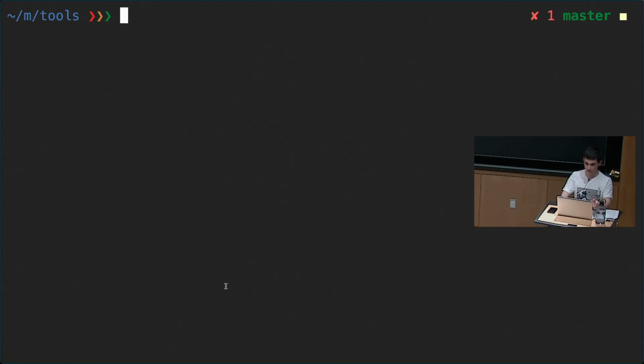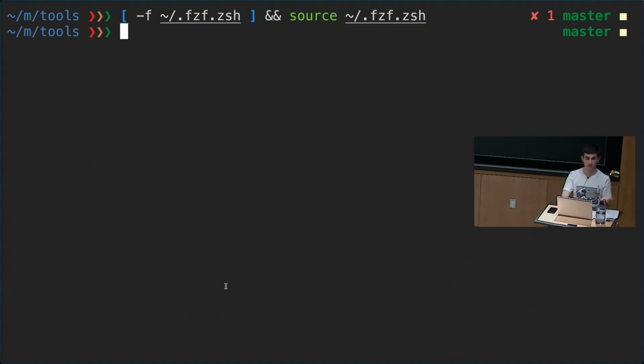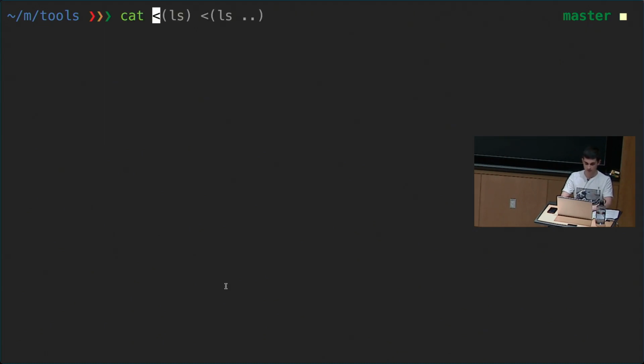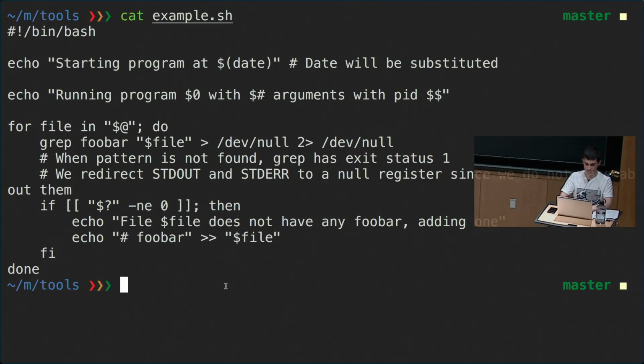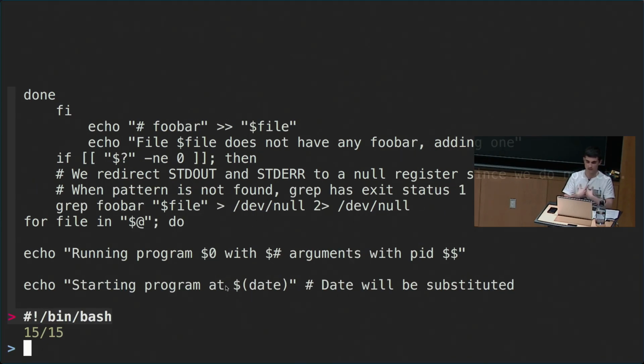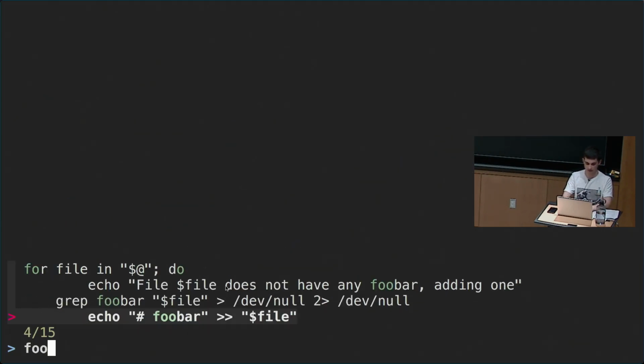Another thing that you can do related to that is you can use this really nifty tool called FZF, which is like a fuzzy finder. It will let you do kind of like an interactive grep. And we could do, for example, this where we cut or example sh command that will print it to the standard output, and then we can pipe it through FZF, and it's just getting all the lines, and then we can interactively kind of look for the string that